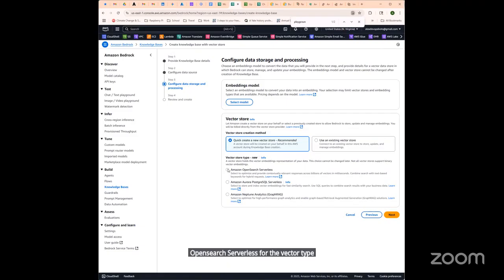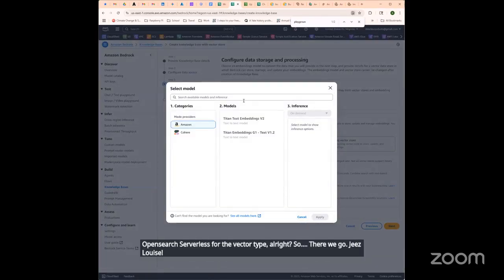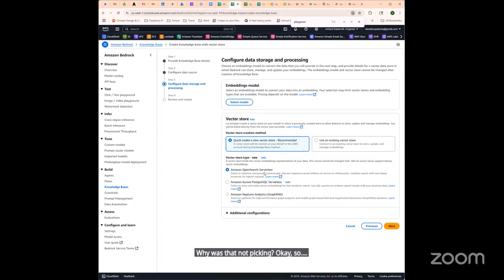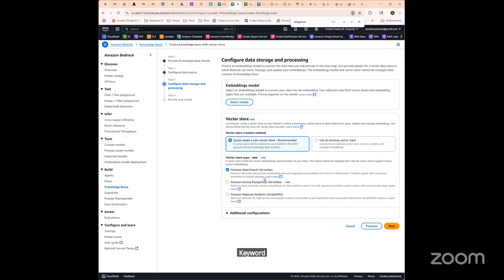All right. So there we go. Why was that not picking? Okay. So select to optimize and provide contextually relevant responses across billions of vectors in milliseconds, combined with text-based keywords for hybrid requests. That's good. Okay. And then